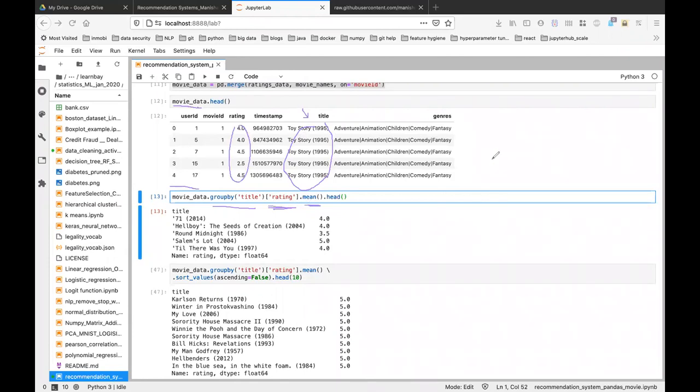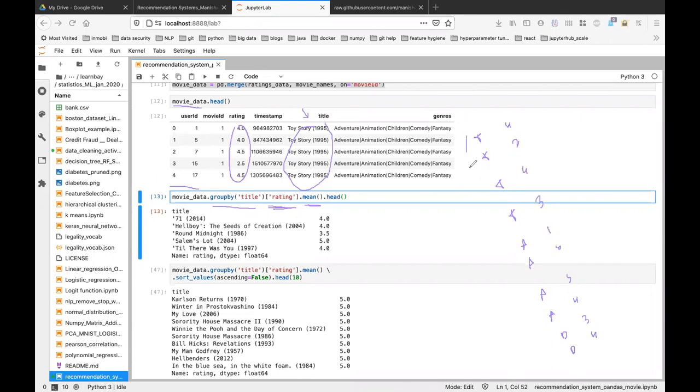So let's say you have Toy Story, Toy Story, Toy Story, Toy Story, then Avengers, Avengers, Avengers, Avengers, and let's say some movie like Dark. People give ratings, so let's say they give 4, 4, 2, 4, 3. Different users have given different ratings: 1, 5, 5, 4 for Dark. Some people have given 3, some guy has given 4.